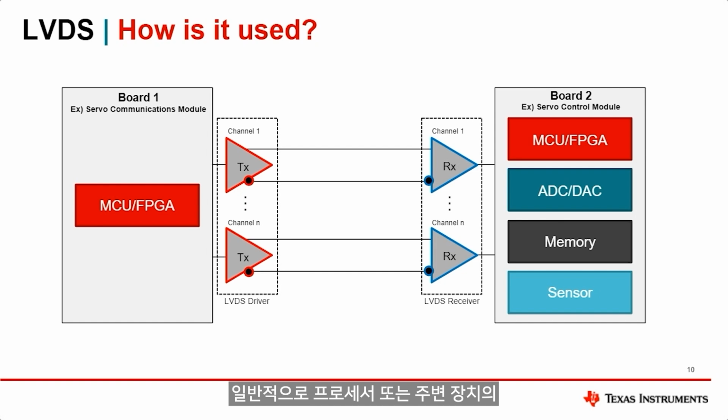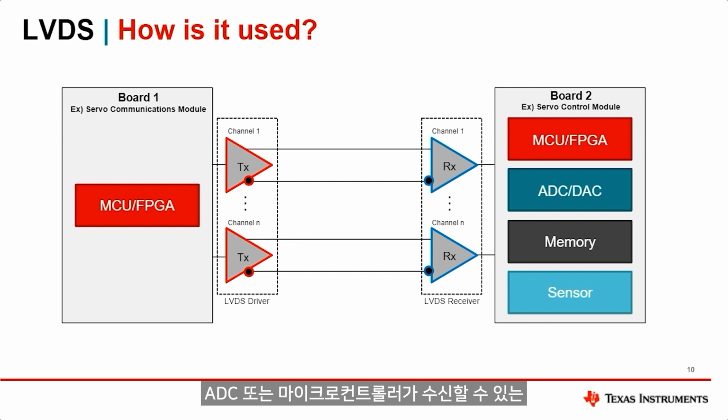Typically, this will consist of an LVDS driver that is used to translate a single-ended signal from your processor or peripheral device to LVDS, and then the LVDS receiver to translate that LVDS signal back to single-ended,